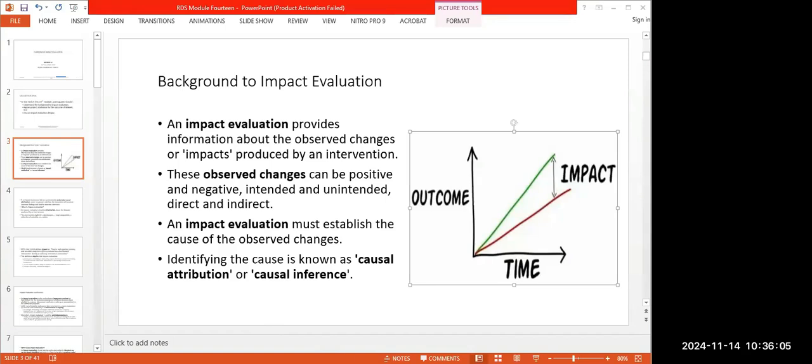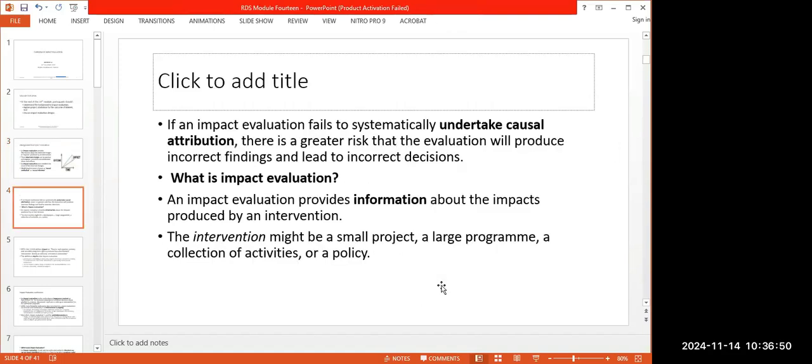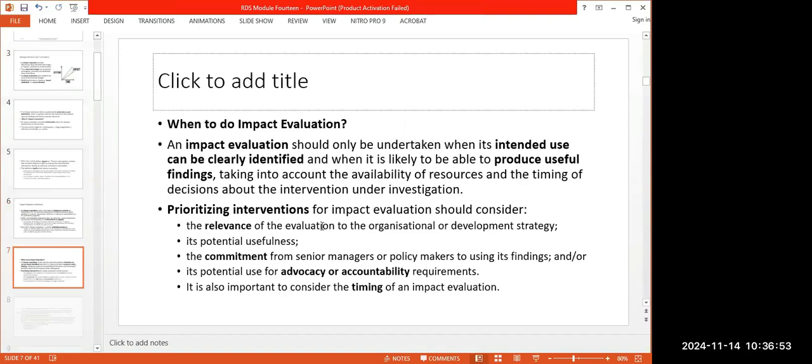Yes. So from this graph, a red line is if you are implementing a program with the time, it shifts the level of implementation in terms of outcome from the red line to the green line. So the gap between what was happening and what has happened is what now we refer to as impact. And this impact evaluation can be done at different places along the project implementation timeline. And that's what informs the justifications for